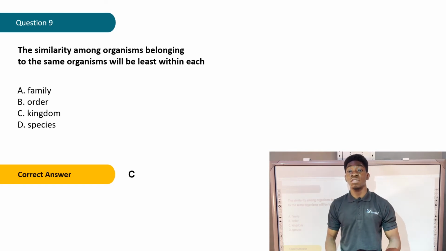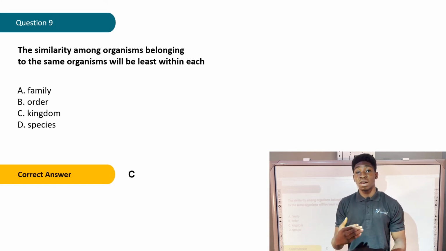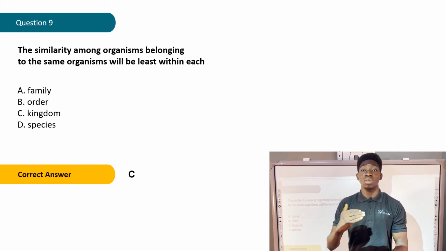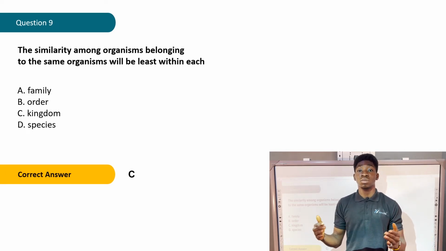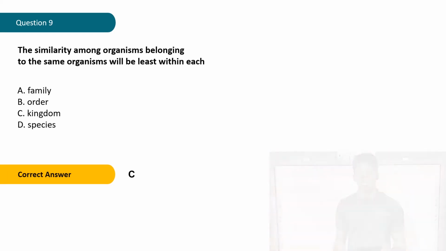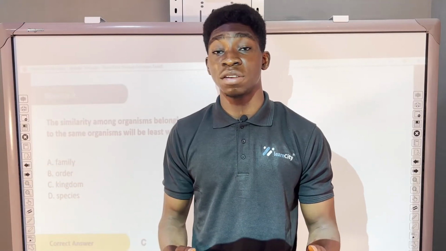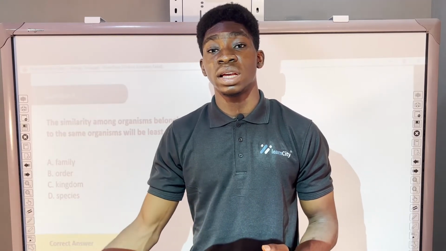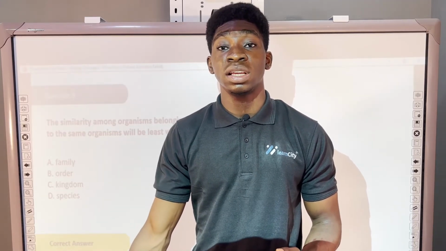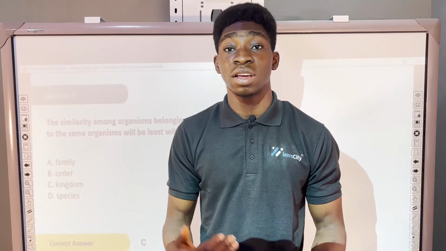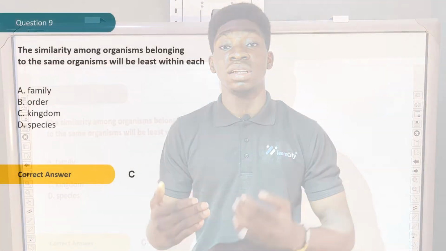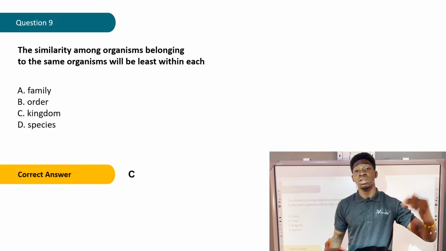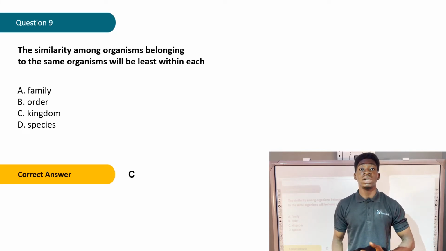For example, we have kingdom Animalia, then we have different phyla under it. So as we move down the pecking order, when we get to phylum, class, order, family, genus, species, the similarity starts getting closer. We start having more similarities. For example, we'll have more similarities between a maize plant, which is found in the Spermatophyta, and ferns, which are both in the same phylum, than we'll have between an animal, or an organism, a plant, found in Talophyta.